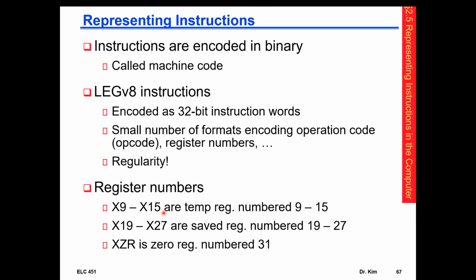You already have seen 2 formats: the register to register, where the 3 operands are 3 registers, 2 sources, 1 destination, and you have seen the immediate format,